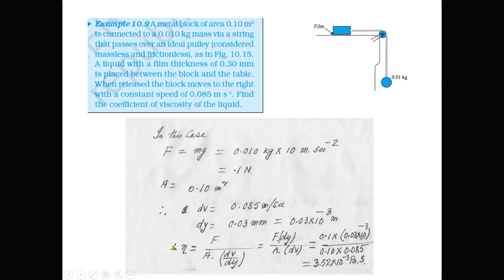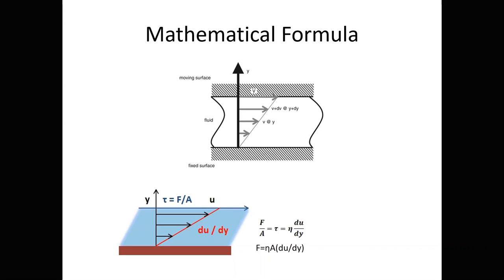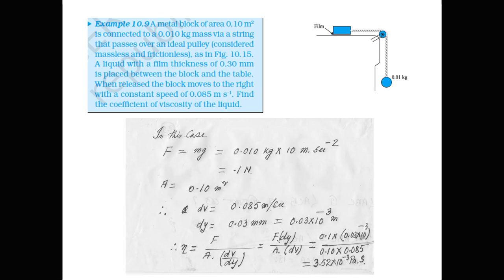If we refer again to the formula, F by A is equal to eta dv by dy. So eta is equal to F by A into dv by dy, or du by dy, same thing. Some books use v, some books use u. So eta is equal to F into dy divided by A into dv. All the values are given here, and after a very simple calculation,